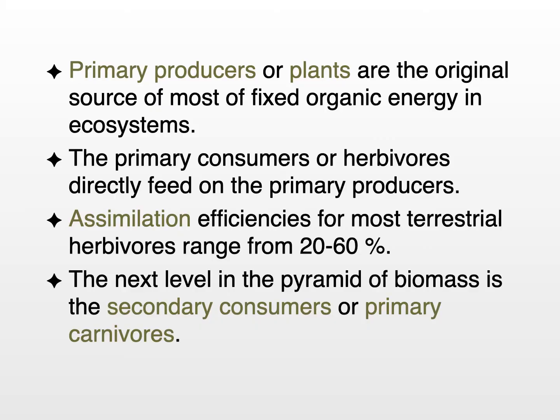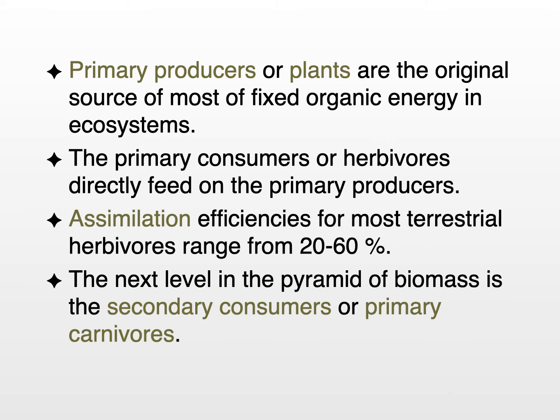We already discussed this. Primary producers or plants are the original source of most of the fixed organic energy in ecosystems, and they tend to be the bottom level of most pyramids of biomass. The primary consumers or herbivores directly feed on the primary producers, and